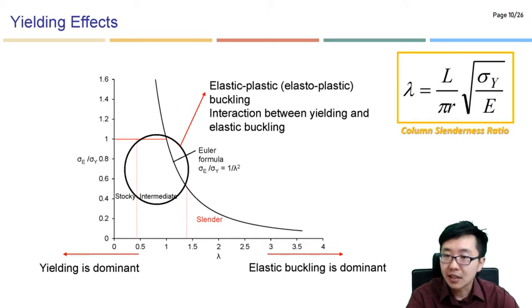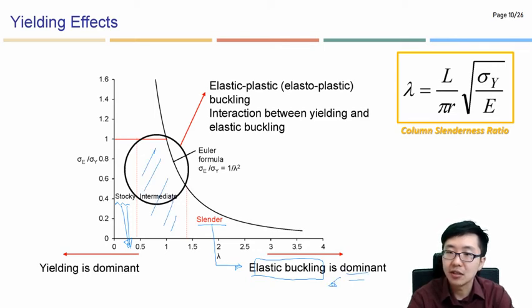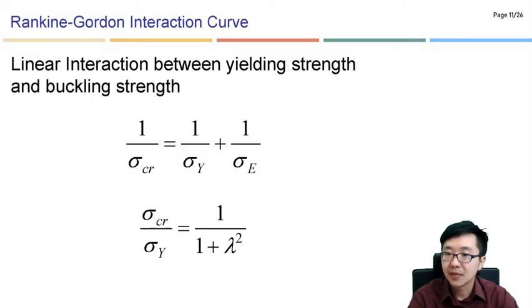So the yielding effect, and actually especially this region, intermediate elastic plastic, or we call the elastoplastic buckling, is the interaction between the yielding and the elastic buckling region here. So this part represents yielding is dominant, especially here in the stocky column case, and if the column is slender, that is governed by elastic buckling, this is dominant. But here, in the intermediate case, we need to consider elastoplastic buckling, the interaction between yielding and elastic buckling. So that is the reason why the next slide here,